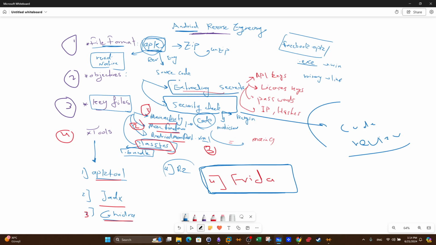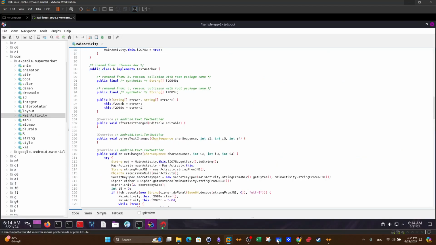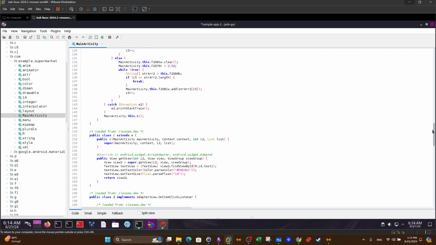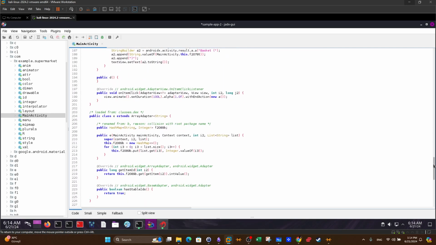And the other option or the objective is to extract secrets such as API keys, license keys, that's how software is cracked, passwords, hashes, IP addresses. In our scenario here, we're looking to understand the mechanism behind a discount code created by the application, and when the user submits that discount code, they get a discount on the order. This is demonstrated by, if you scroll down, you can see that there is